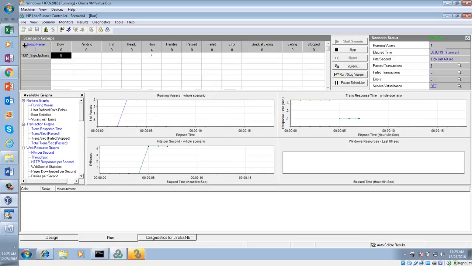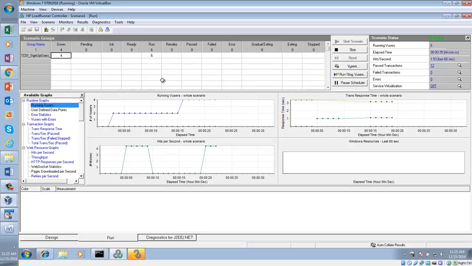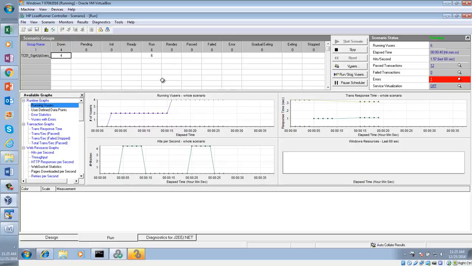Now take a look here. Our execution has started, right? Now, if I want to view something, how many users are running? Can you see users are 4 right now? Why? All of our users are not starting at the same time. Why? Because we asked it to start every 2 users every 10 seconds. So that's why the users are going one by one.